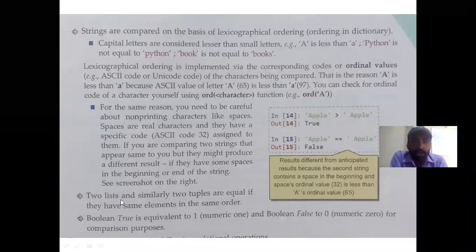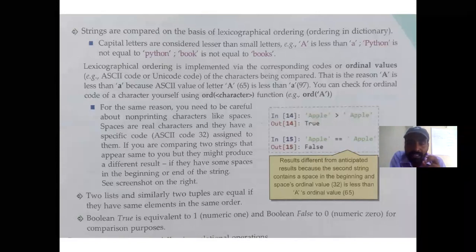Next rule: two lists, and similarly two tuples, are equal if they have the same elements in the same order. There are other data types like lists and tuples as well as dictionaries. So if you have two lists or two tuples with the same values in the same order, they can be treated as equal.